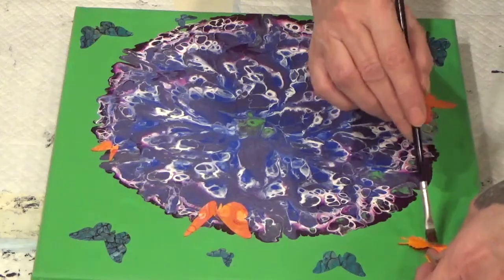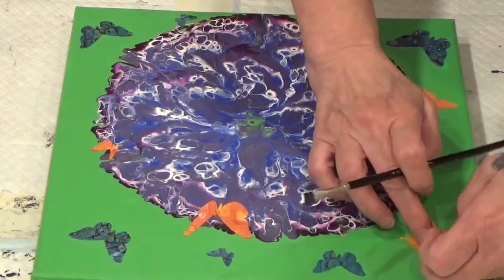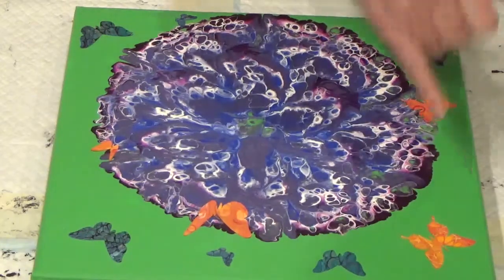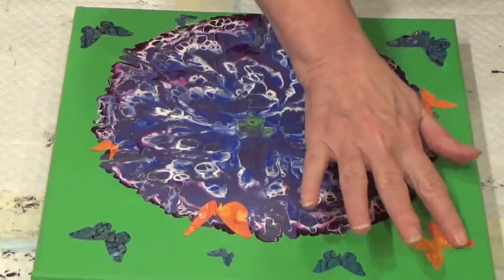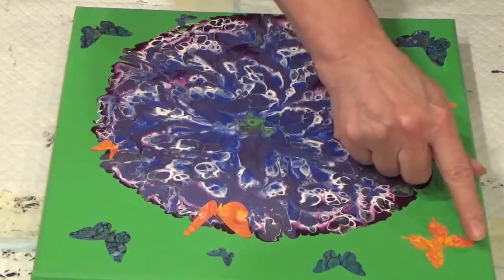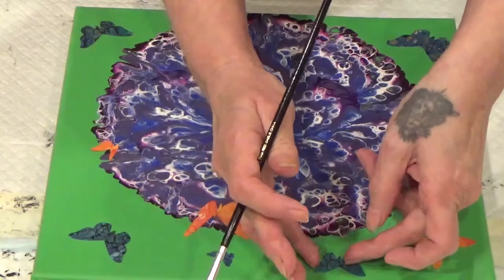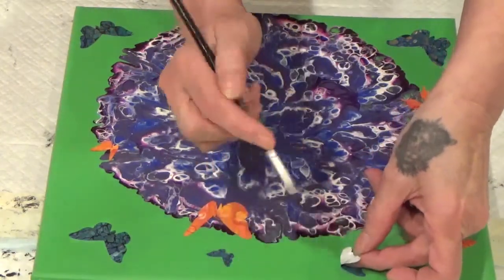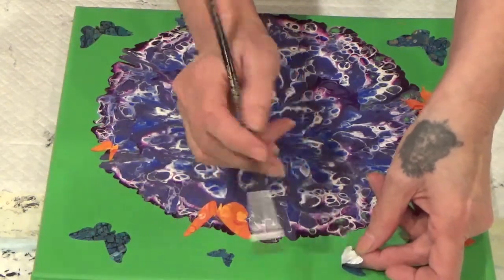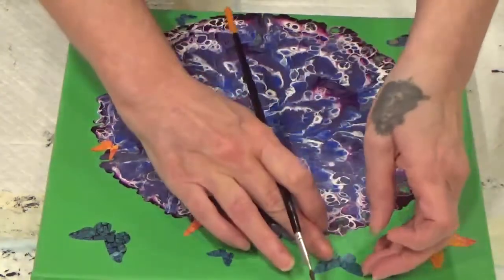I'm just using this straight from the bottle, and you don't want it to get on your canvas except where you're laying your piece. And the reason for that is because it's going to make a varnished area, and if you want to do anything else to this painting, it's going to be more difficult. So this is just the way I do it. It works really well. All my pieces are exactly where I want them to be. I fold them over. I do half of it at a time. It's not moving around, and I'm not trying to decide where it's going to go after the fact. But this is how